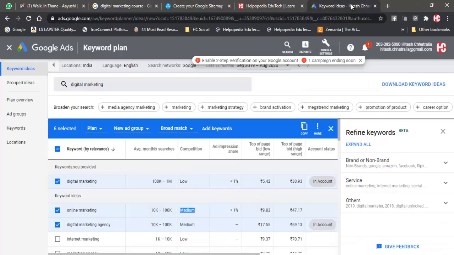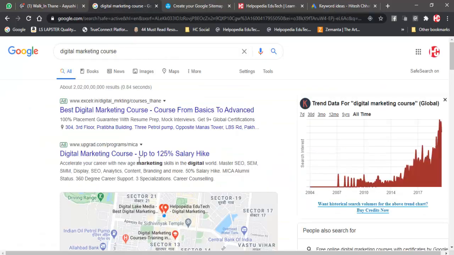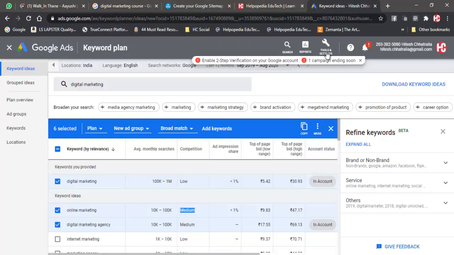So that is what is mentioned over here. 5 rupees 42 paisa will get deducted when people search for digital marketing in the search engine and these results come up. Whenever I click on this, that 5 rupees 42 paisa will be deducted.